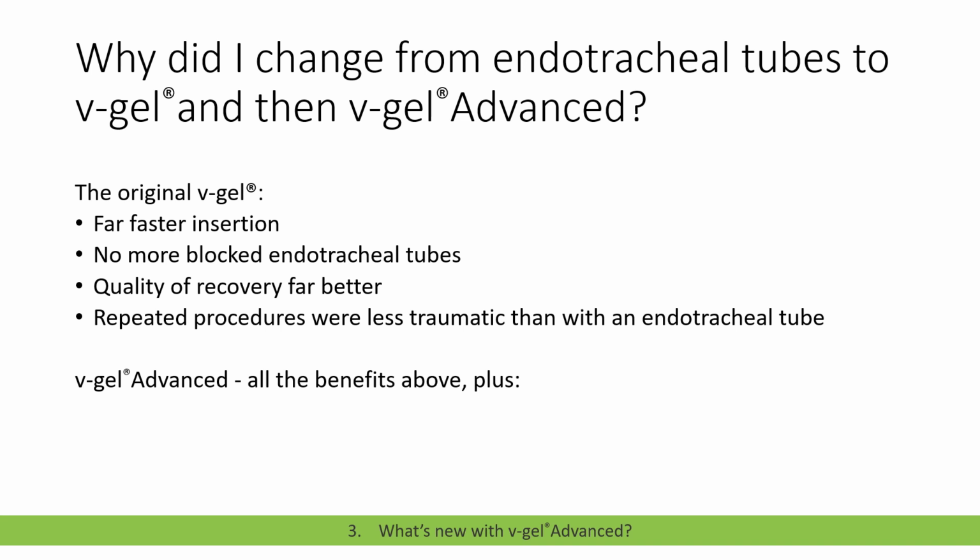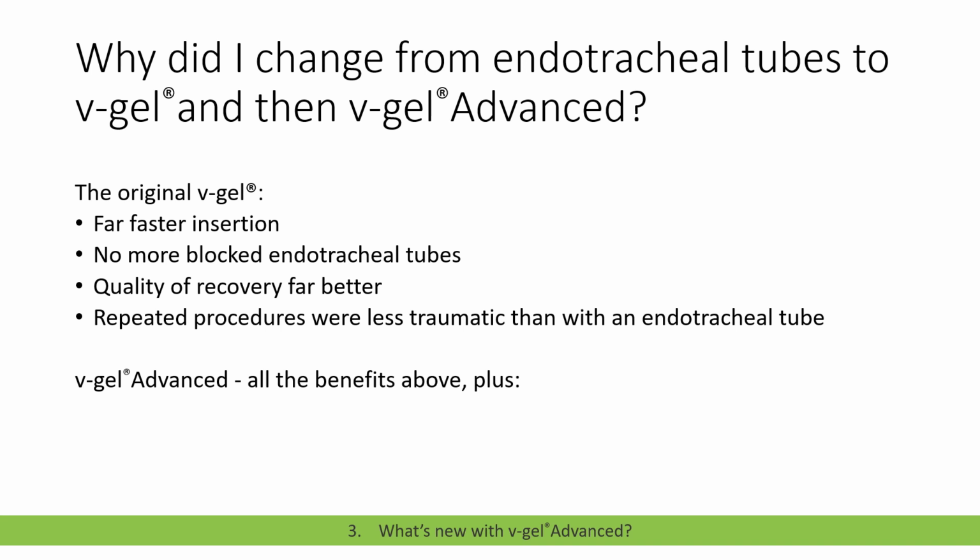My experience then, from endotracheal tubes to the original V-gels and then V-gel Advanced, what do I find with them? Well, original V-gels, those of you who've used them, they are massively faster to place than an endotracheal tube. You don't have the risk of blockage because you're dealing with that nice wide airway. We saw much better quality of recovery and repeated procedures, and particularly if you're doing things like repeated abscess drains or repeated dentals, are less traumatic than endotracheal tube because you're not trying to wait for the trachea to recover